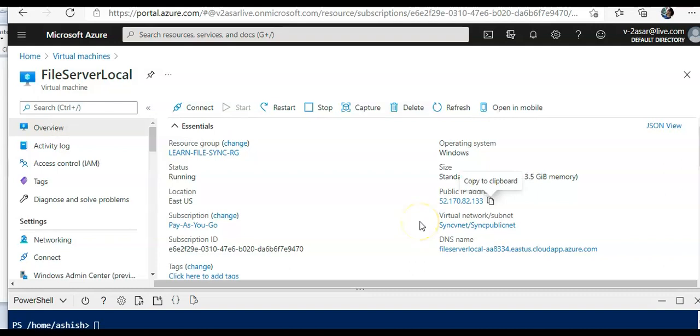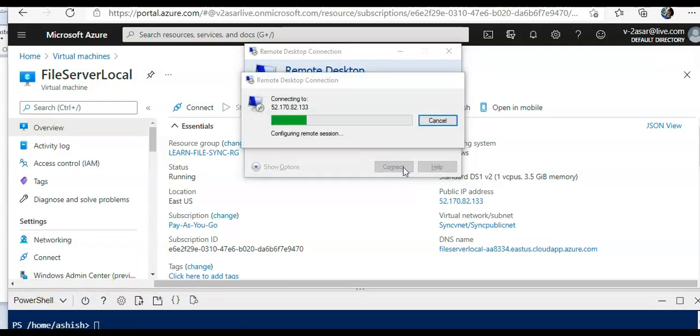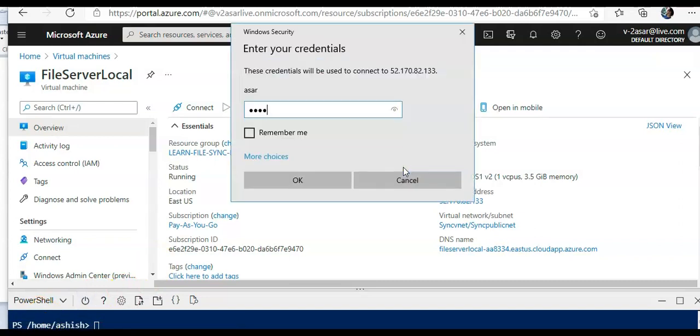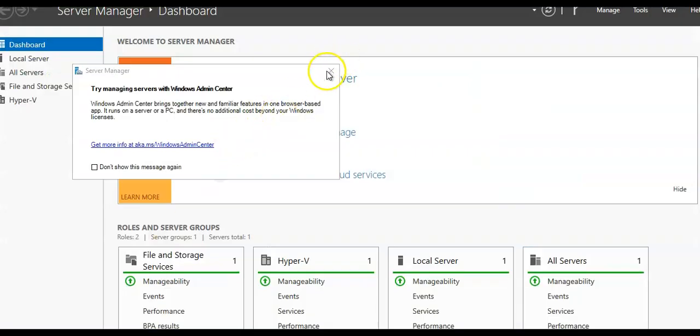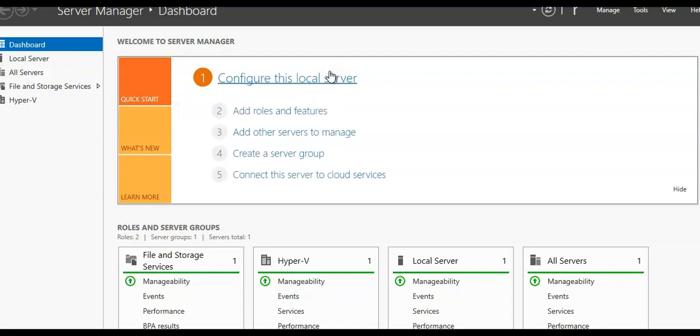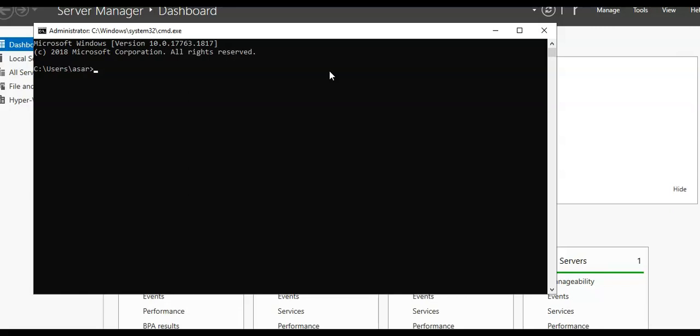Okay, wait. I'm connected to the VM. Now what I'll do is I'll launch the command prompt on my Azure VM. So if you check, this is my file server local. I will download the sample cat file by using the curl command. Give me a sec.